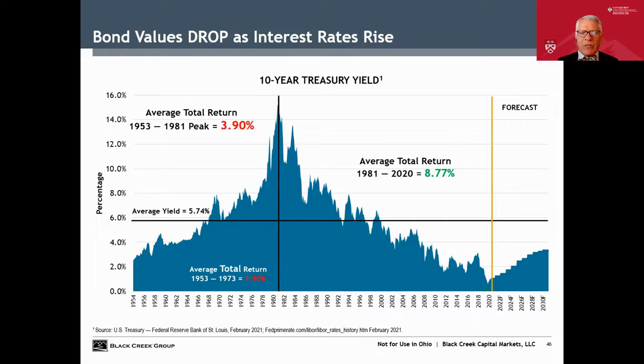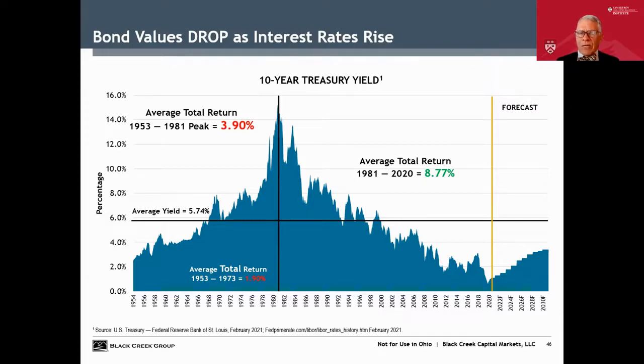Well, here's the history of 10-year treasuries over the last 70 years. And obviously interest rates have gone up to a peak of 15% in 81 and down to a low last year. The average yield on the 10-year treasury has been 5.7. But the total return, and one of the problems I get, especially with young analysts, is well, over the past 10 years, bonds have averaged an 8.77% return. Yeah, that's because interest rates have been coming down. When an interest rate goes down, a bond value goes up. So the $1,000 bond you bought at 6% many years ago, if you can sell it for 3%, that means you're going to sell it for $2,000 to yield that person 3%.